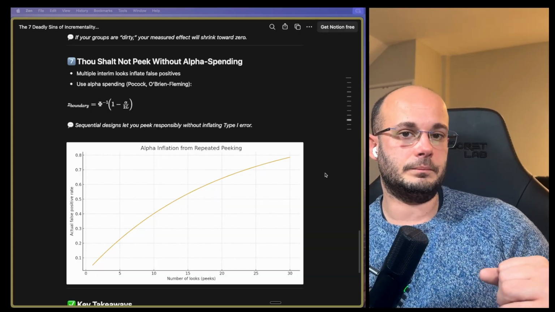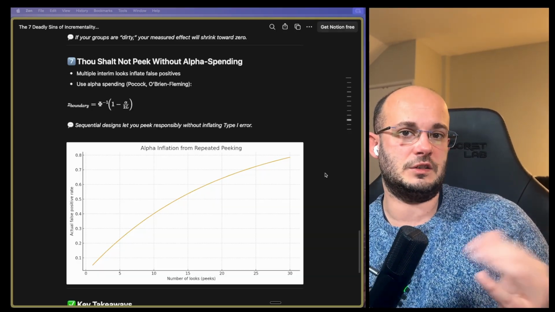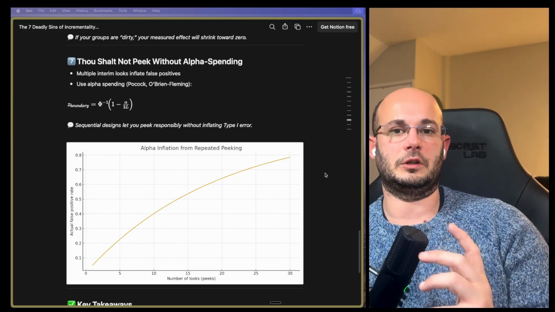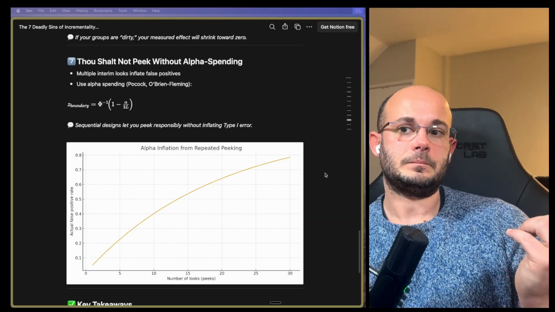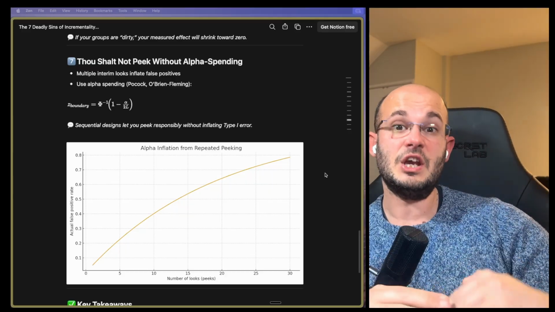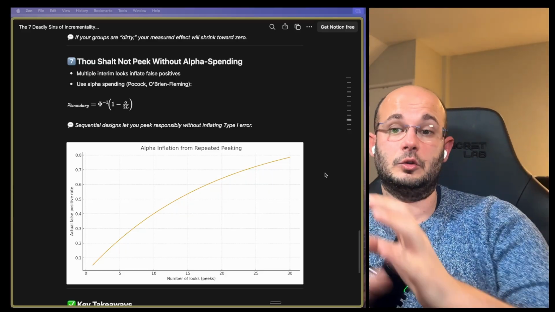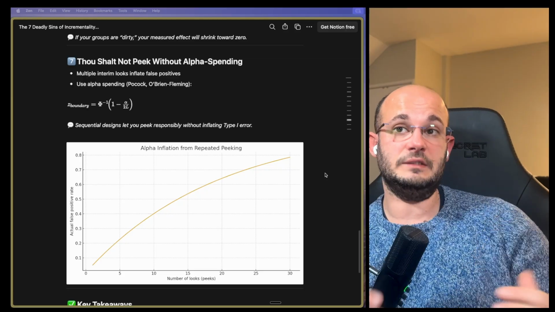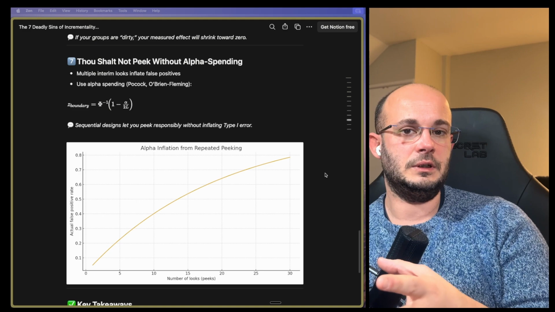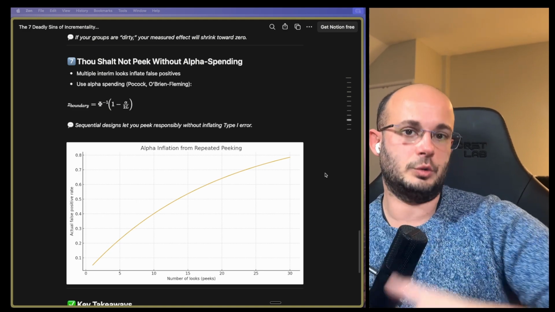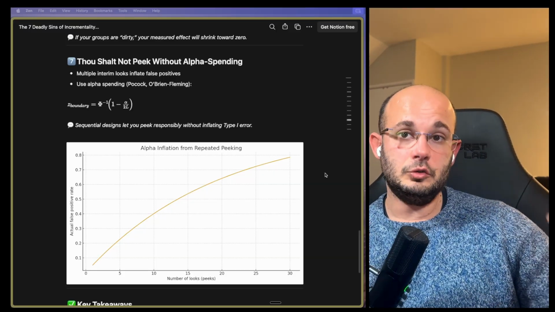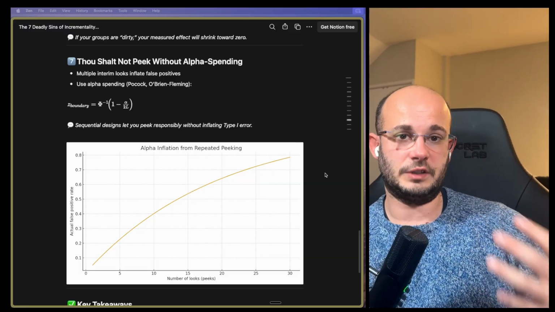Now, the Bonferroni adjustment, FDR adjustment, sequential designs will let you peek responsibly, but you need to adjust. And the most common naive way to adjust is you need to increase the level at which you consider something to be statistically significant or not. This means that the burden for you to accept statistical significance at the beginning of the test is way higher than at the end of the test to compensate. This is really easy to fall into. Most analytical teams will do this. Usually they're driven by stakeholders asking for metrics. If you need to do this, you need to adjust your tests.